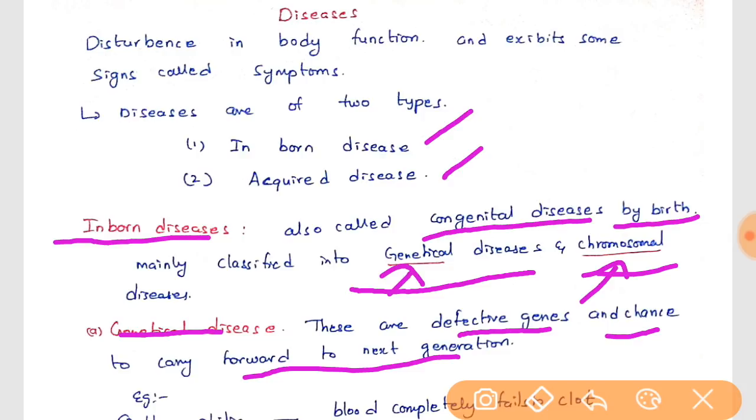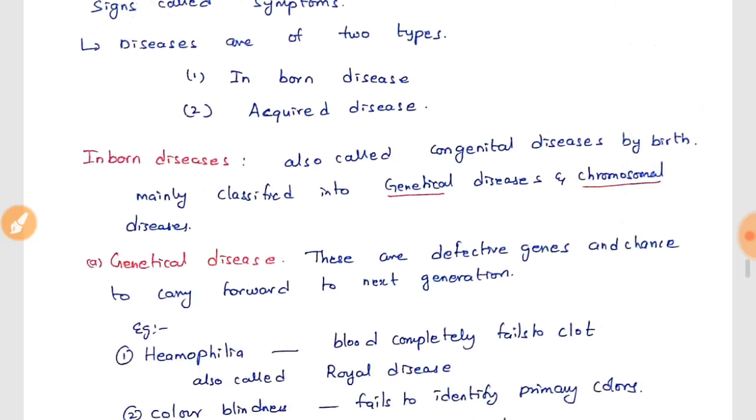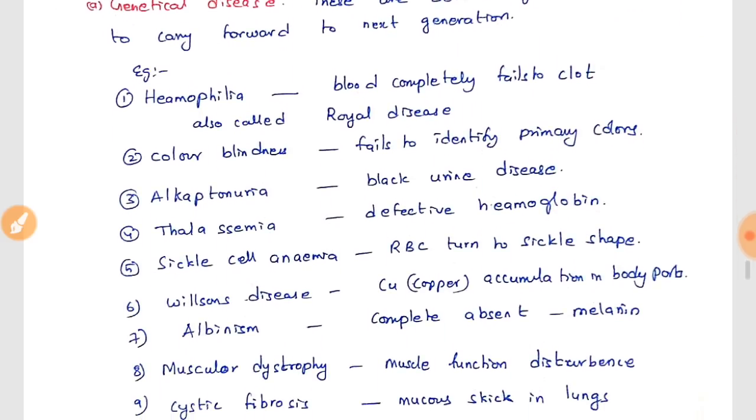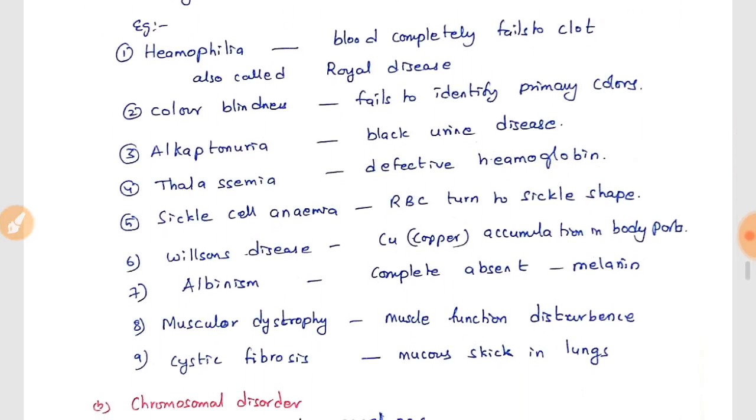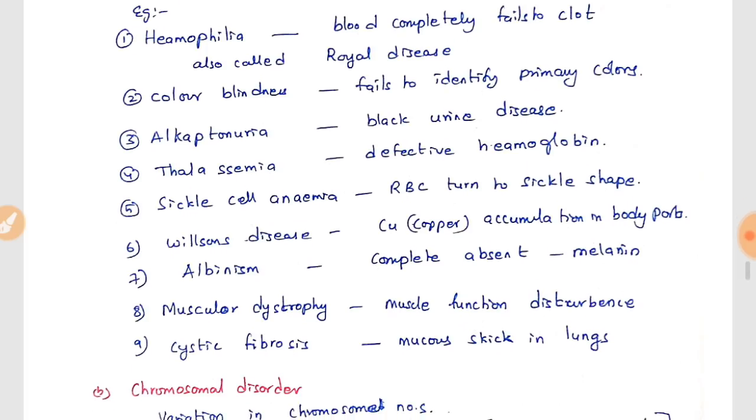So these are called genetical diseases. For example, we have number of examples of genetically caused diseases friends. For example,